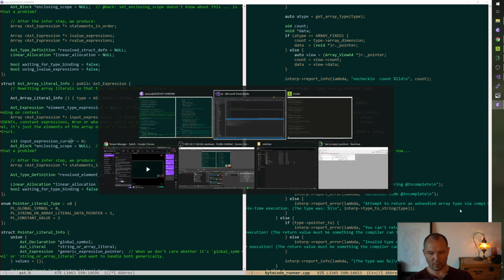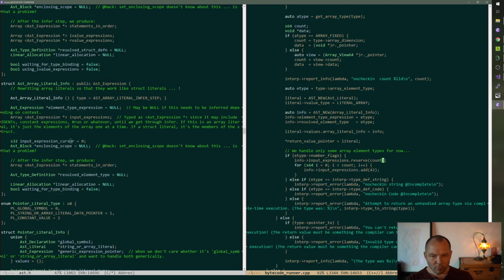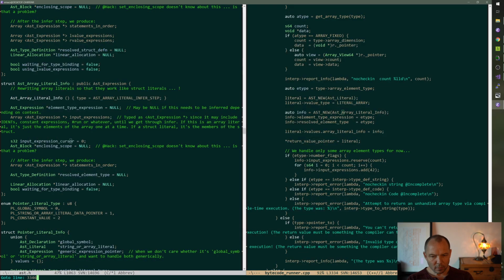Count. All right. Array literal info. That's asked array literal info. Cannot convert from int to t. Input expressions. Oh. Is it real? Oh, geez.